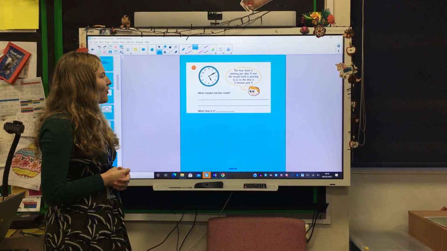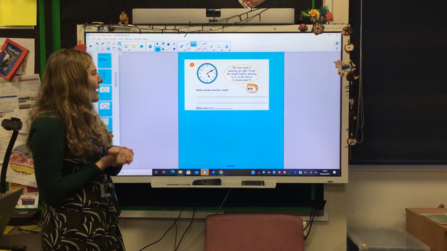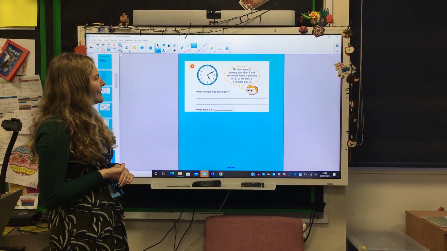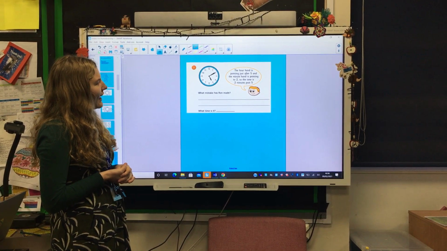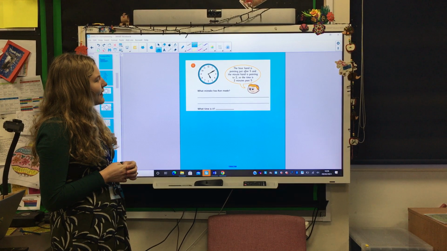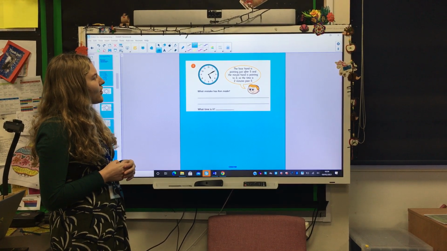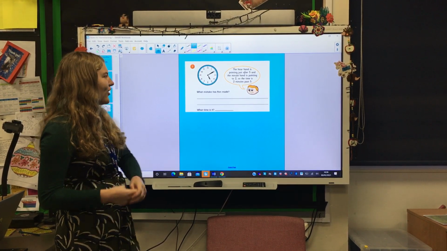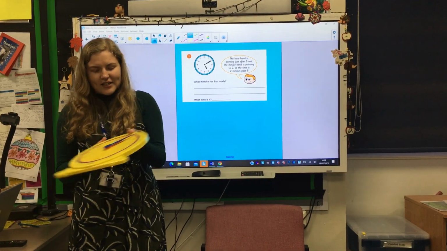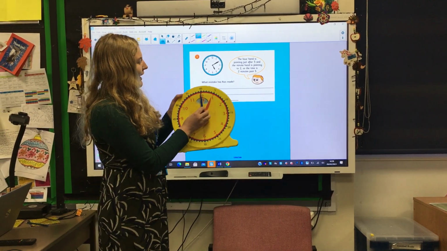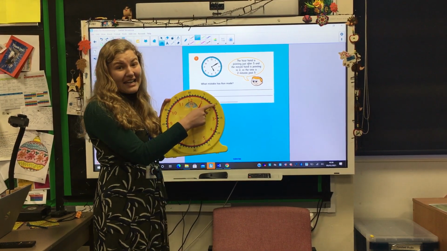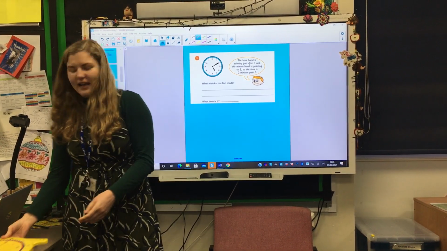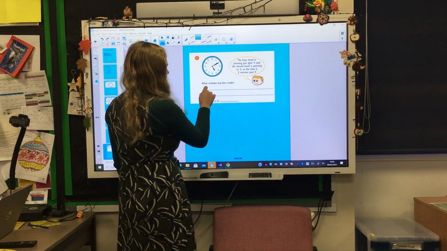Okay, next, we've got our good friend Ron. He says the hour hand is pointing just after the 5, and the minute hand is pointing to 2. So the time is 2 minutes past 5. Do we agree with him? No, we do not. Because if we have a look at this lovely clock here, if the big hand is pointing at the 2, it's actually 10 minutes past 5. So you would need to write, he